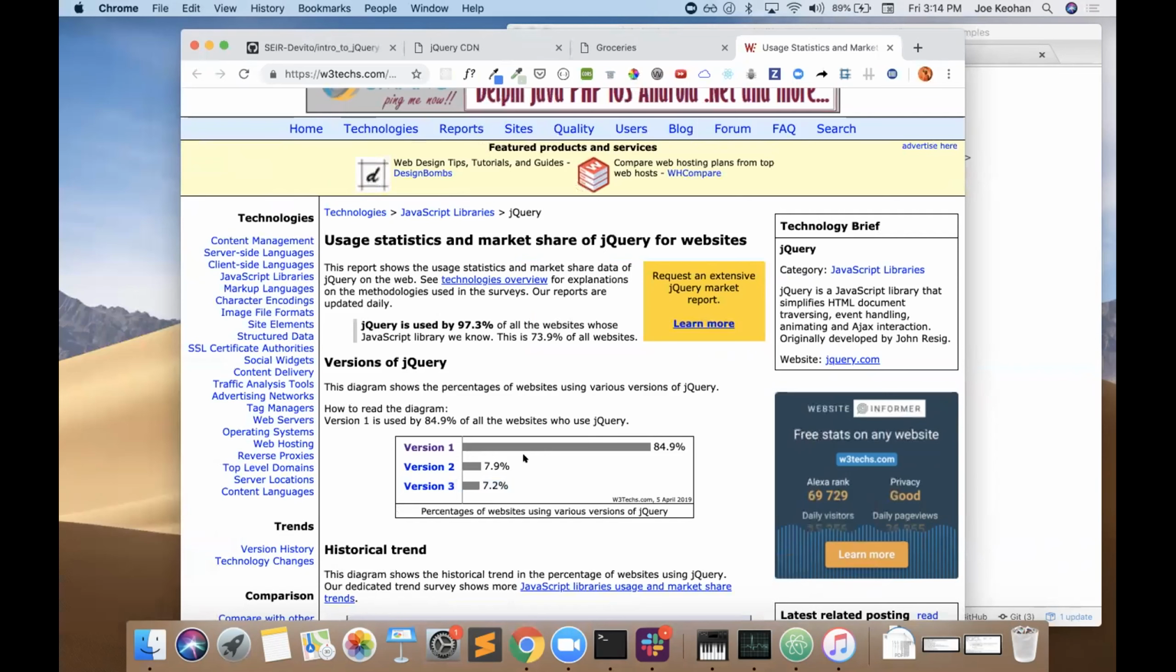And so of all the websites out there, 84% of them are using version 1. Just to show you how stable it is, and it's very popular. There's a lot of websites out there that are using it. Okay, so